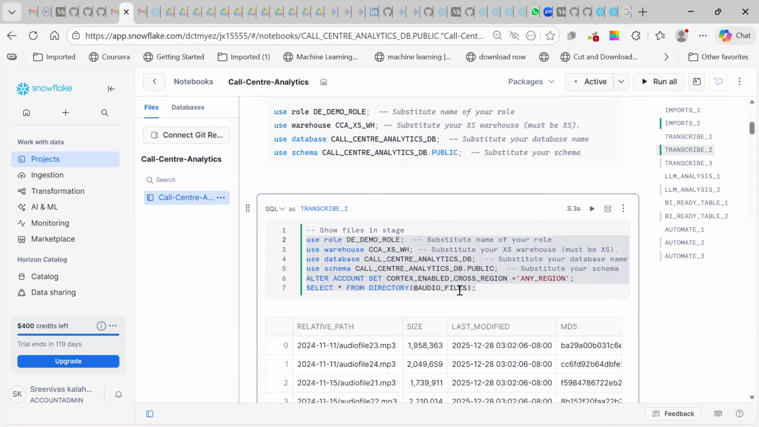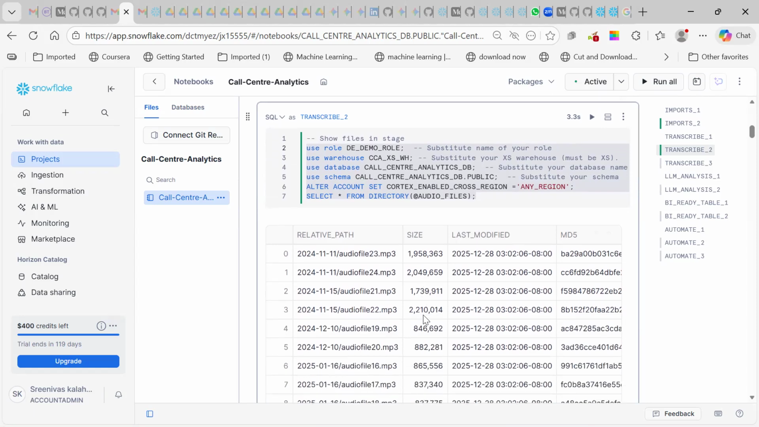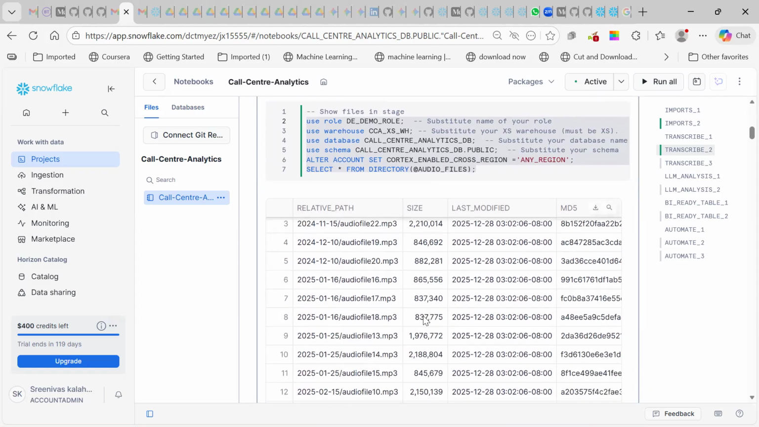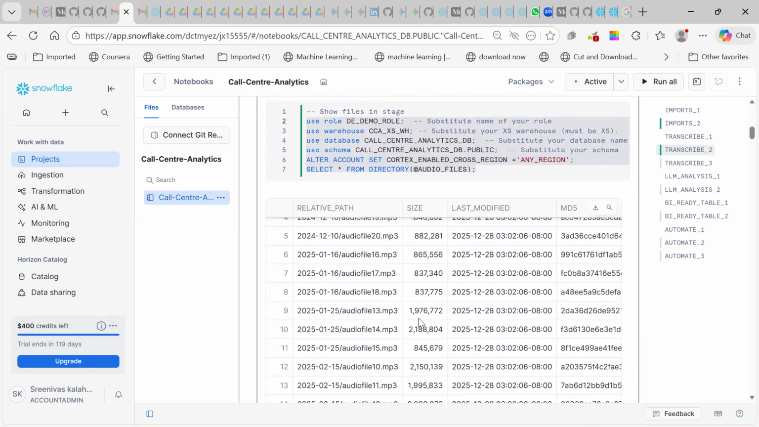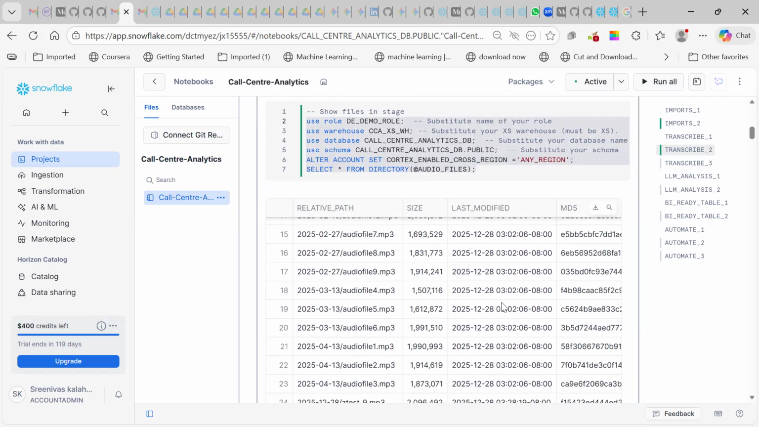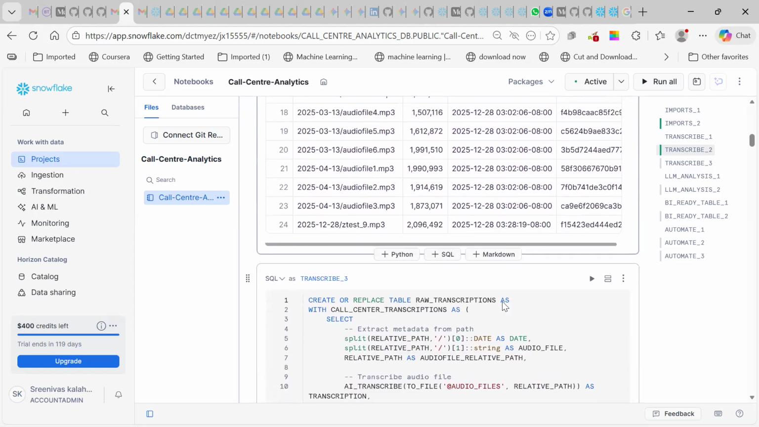A directory table will show me full information of my files in the internal stage or external stage. So I can use directory tables here. I'm just using a directory table here. You can see all the files here, once again with information including size and the last modified date. Now let us try to